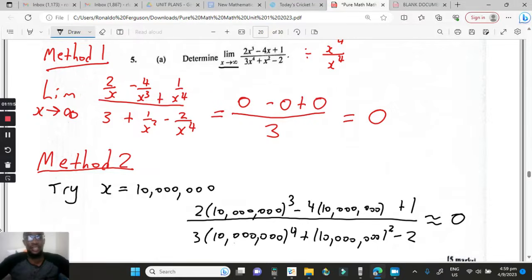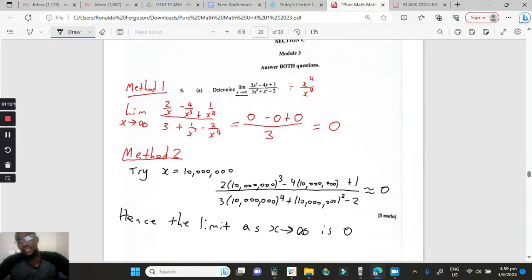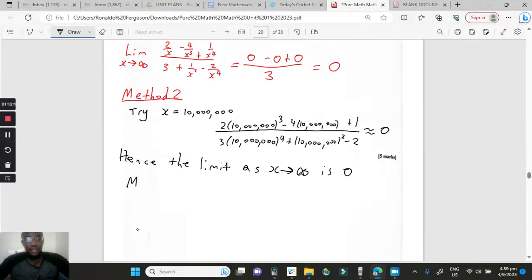So we can tell them, hence the limit as x approaches infinity is 0. And as I said, that's method 1, method 2. You also have method 3,